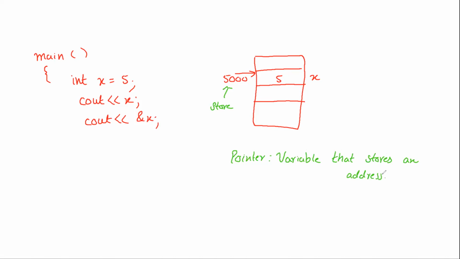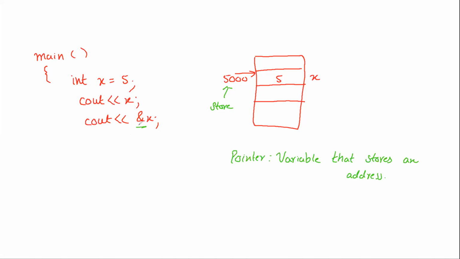What is a pointer? A pointer is a variable, but other variables store values, like X is a variable which is storing value 5. A pointer is a special type of variable. It does not hold a value, it holds an address. That's it. Simple as that. I have not told you the syntax yet, but at a conceptual layer, a pointer is a variable that can hold an address. So this is an address, 5,000 in this example. I want to store it in some variable, so I need a pointer that can store this address. I cannot store this address in anything else. I will need a pointer.